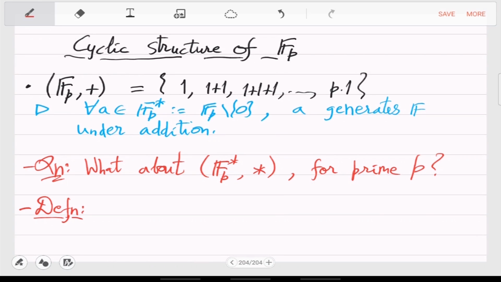Sure. Yeah, but then you are adding powers. Here the operation is multiplication. So here you have to look at A and then A square, A cube, dot dot dot, A to the p minus 1. That's the question. This set, is this equal to Fp star? Does there exist an A